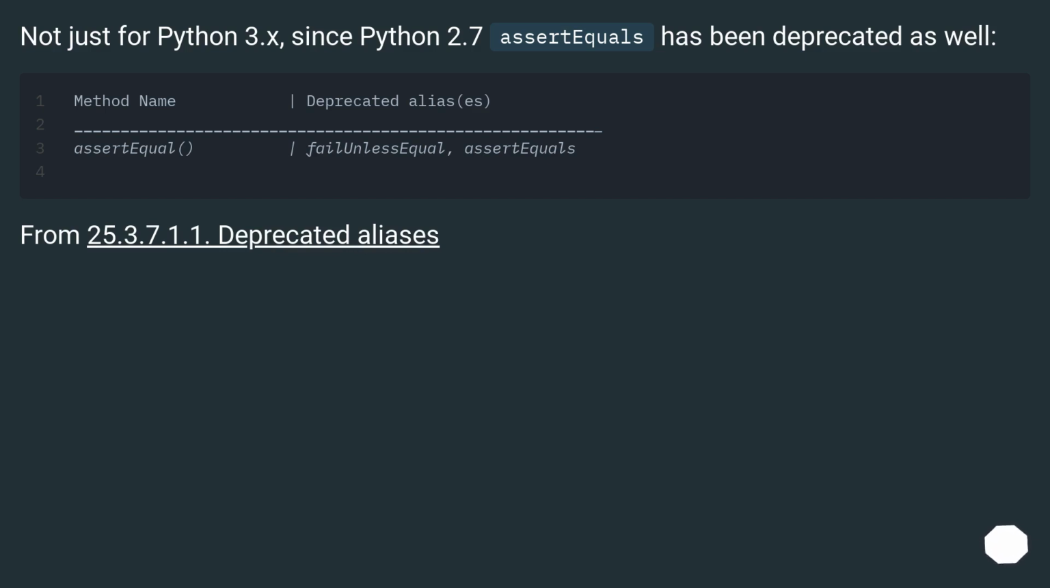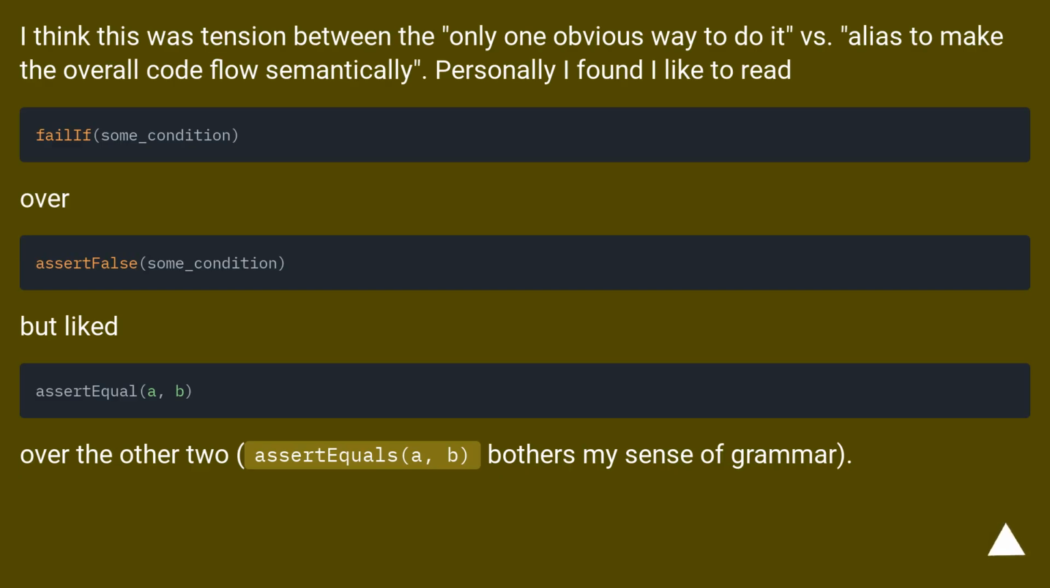From 25.3.7.1.1. Deprecated aliases. I think this was tension between the "only one obvious way to do it" versus aliases to make the overall code flow semantically. Personally, I found I like to read